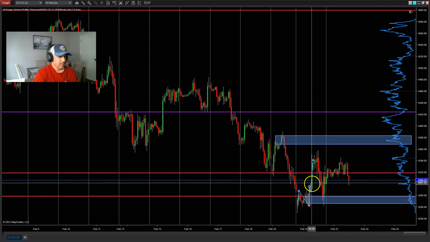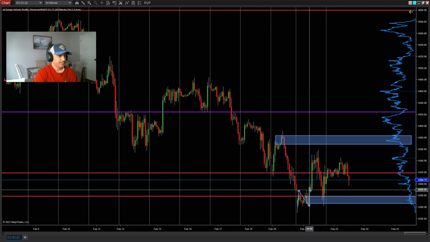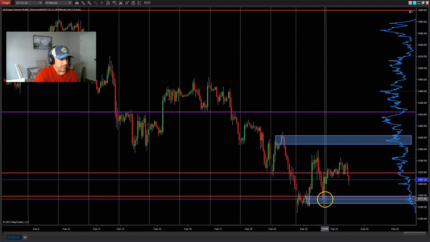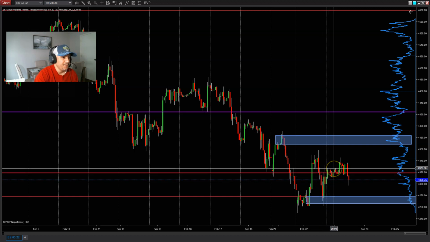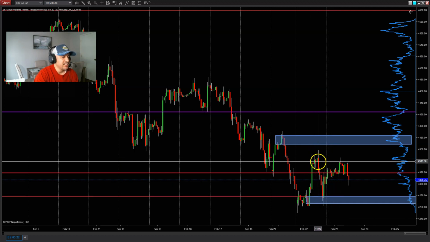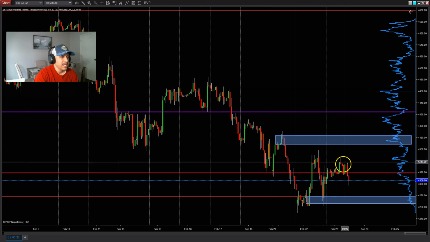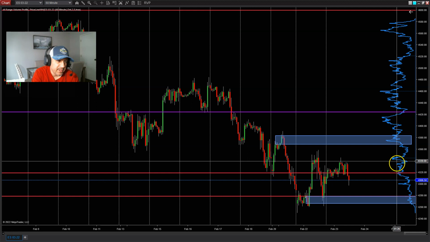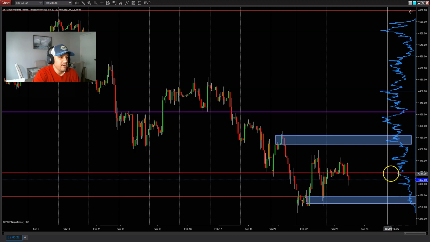Okay, on the 1 hour, and then going into the overnight session, what did the price do? It started pushing higher, testing this high right here, rejecting it pretty much, and kind of moving sideways now. So we're building volume here off of the 1 hour chart in this area. Now,